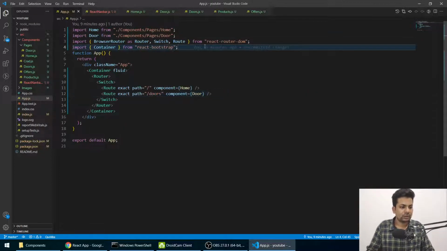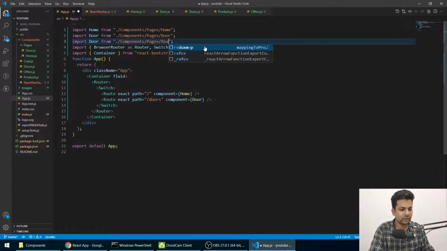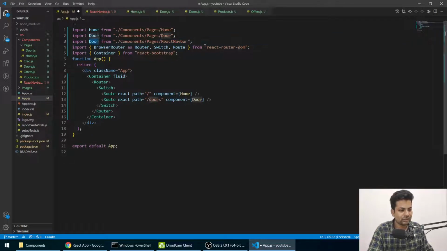So in the app.js, we'll just import the navbar also like this. Instead of navbar, we'll say react navbar, as I wrote here. At least I could know the error, why it's not auto adjusting its place. React navbar.